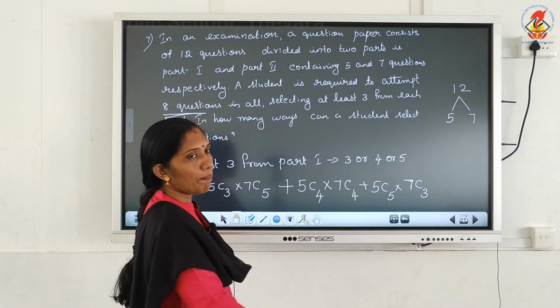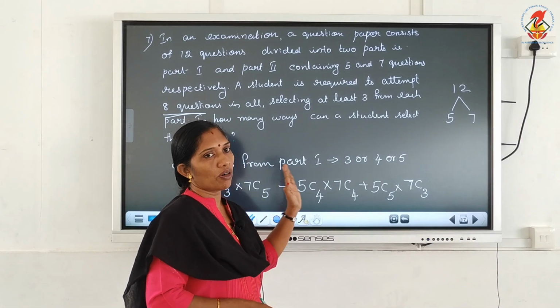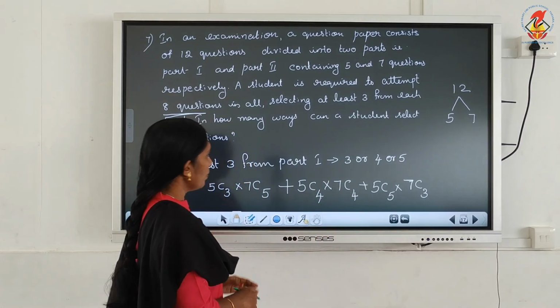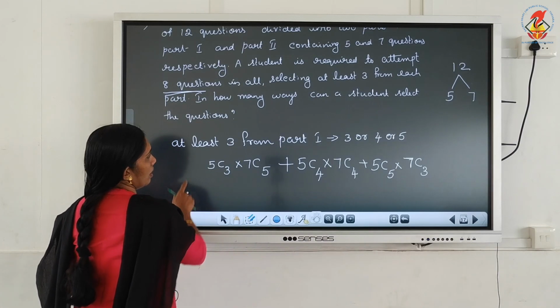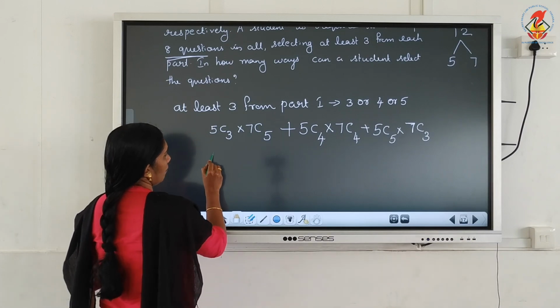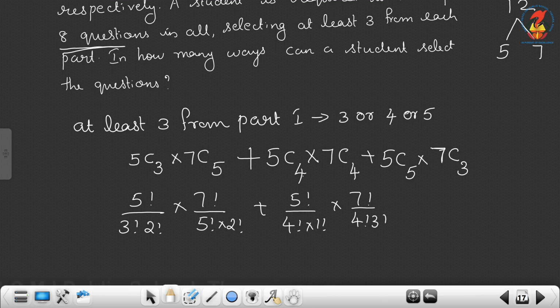At least 3 from each part. So we consider at least 3 from part 1. So that is 3 or 4 or 5. Only these 3 cases are possible. So in between, plus sign. Now we calculate. So what is 5C3? 5 factorial by 3 factorial and 2 factorial, into 7 factorial by 5 factorial into 2 factorial, plus 5, 4 into 1 into 7 factorial by 4 factorial, 3 factorial, plus